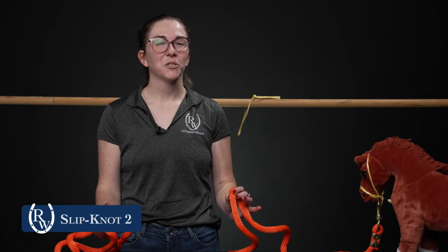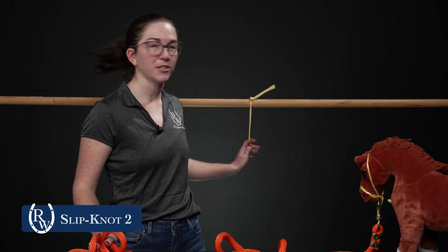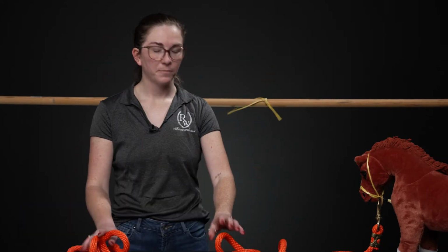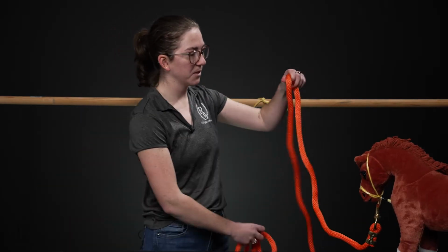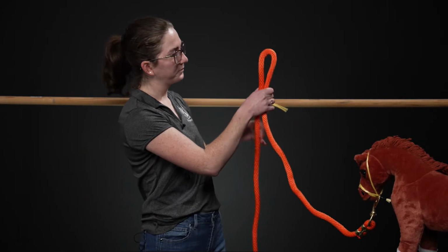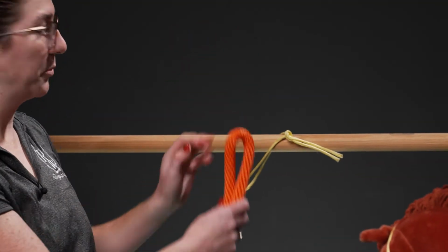So for the second quick release knot, we found that this one works really well when you only have a railing accessible and you might not actually have a baling twine loop, but still today we're going to use our baling twine loop. So to start out for this one, you want to pinch your rope to create your loop,